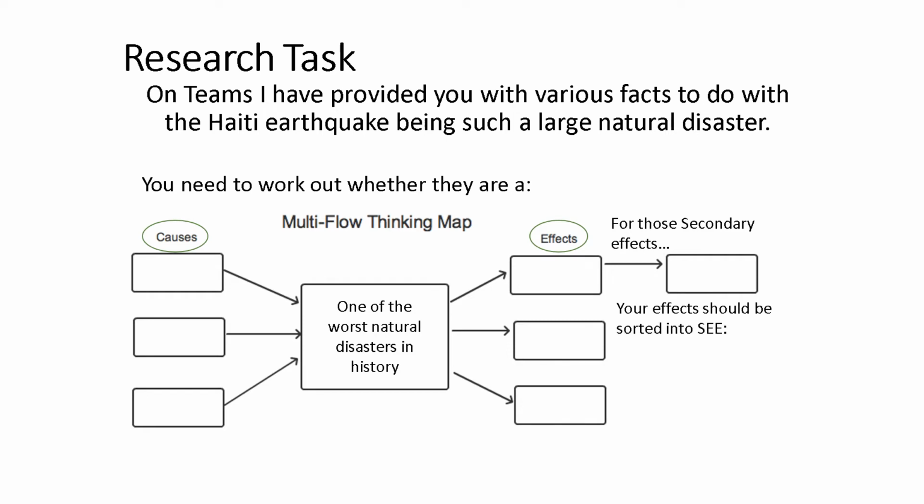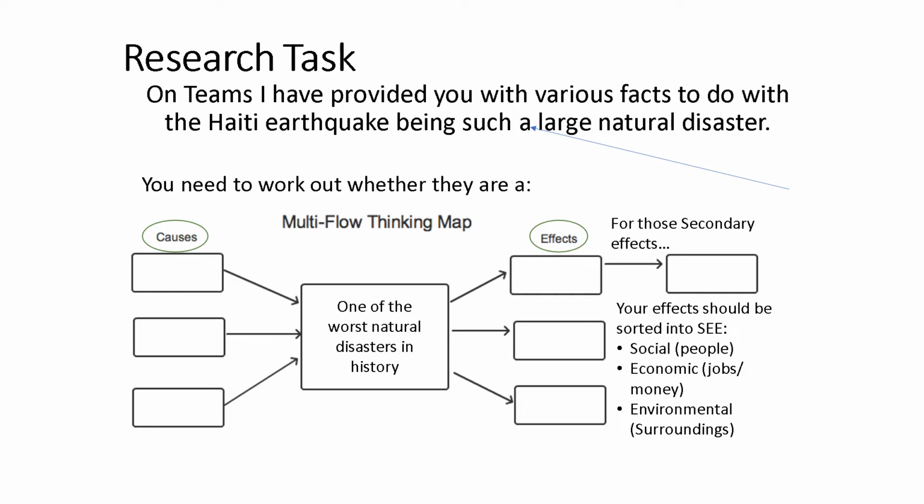What would be ideal is a bit of a challenge where you separate effects into 3 categories. Social, so anything at all to do with people. So if you're talking about how many people were killed, how many were injured, whether their homes were destroyed. Economic, so anything that's going to be to do with costing money, if they lost their jobs or the cost to repair something, how much damage, the fact there were no jobs. And anything environmental, the surroundings, including things like water supplies.